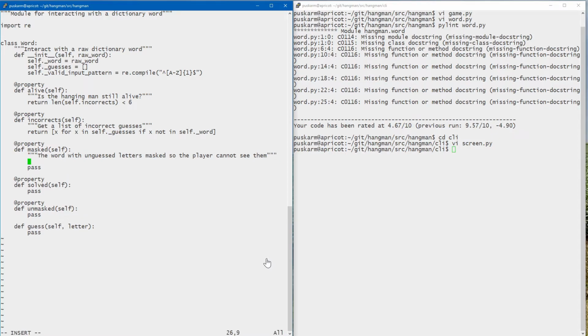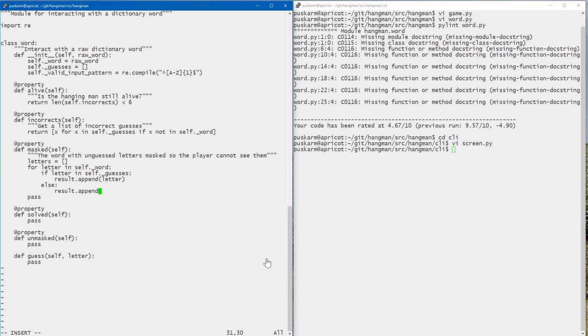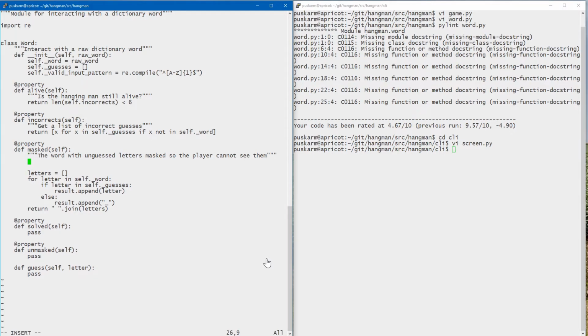Let's write it the traditional way. So if they've guessed it, then go ahead and reveal it. Otherwise, stick an underscore in there. And then join them all together with a space. Perfectly reasonable code. But if we're going to do a list comprehension,